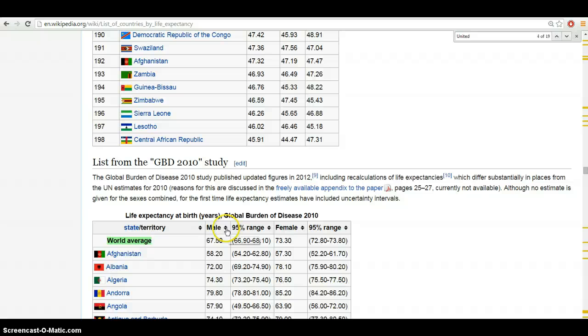One nice thing to know: if you click on any of these categories in Wikipedia or in many charts, it will sort by that total. So here we see that Haiti has an average lifespan of only 32. So that is actually the first non-African country we've seen at the bottom of the list. Interestingly, we see that in Haiti, the female life expectancy is over 10 years longer than the male. So it may be interesting to figure out what's going on here.